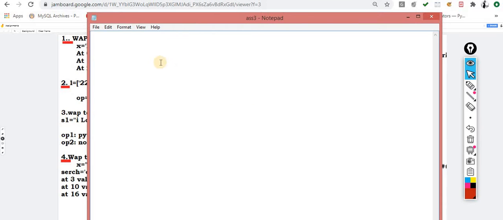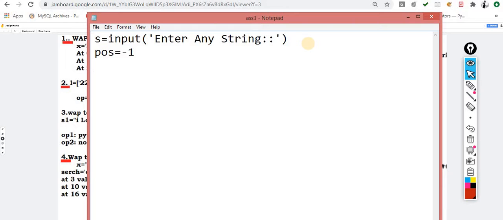So this time s is equal to this one. I am asking for a user input: enter any string. Okay, I'll explain this code.